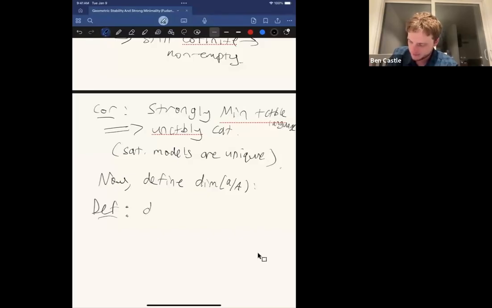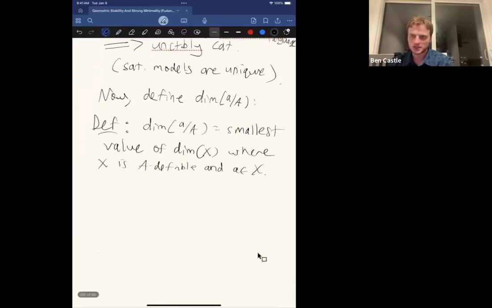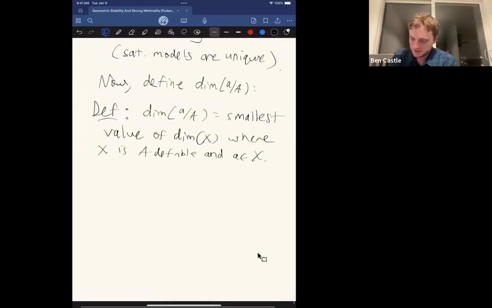So it's just dim of a over A equals the smallest value of dim X, where X is A-definable and a is in X. Okay. So you just look at all the formulas in the type of a over A, and you pick one with smallest dimension. And that's supposed to make sense because, well, that is,